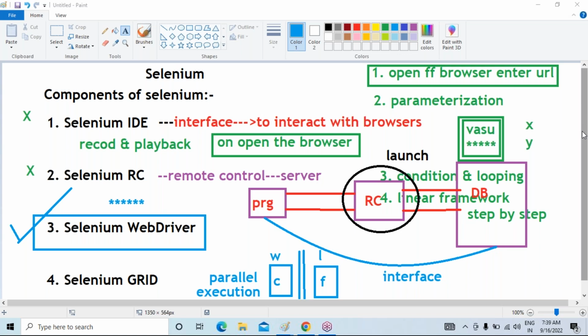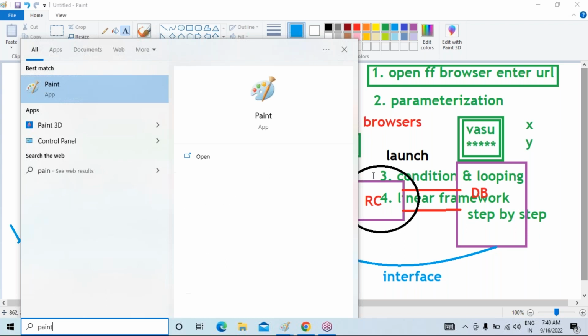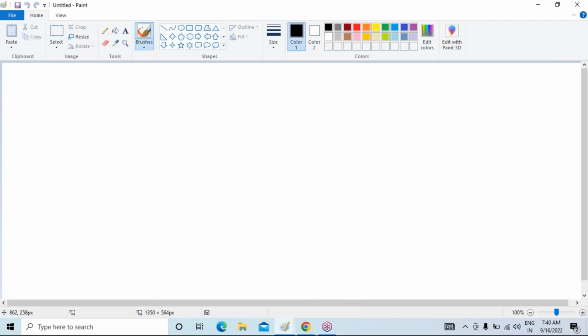See, it will be easy, okay? I will train from the basics, from the initial point of view. I will do the spoon-feeding of Selenium. Whatever we use in real time, we are going to share every piece of information with you. Not only this, we also have advanced concepts. So coming to the advanced concepts,